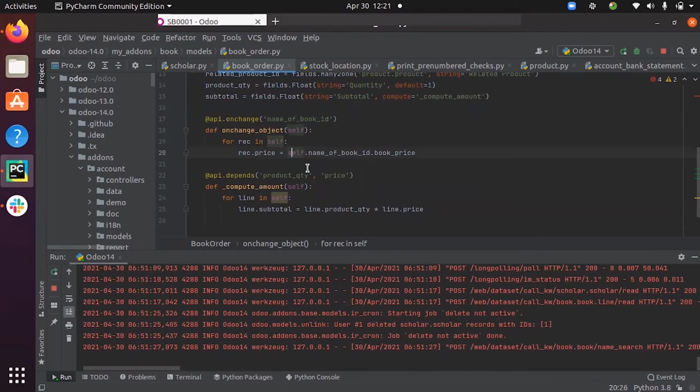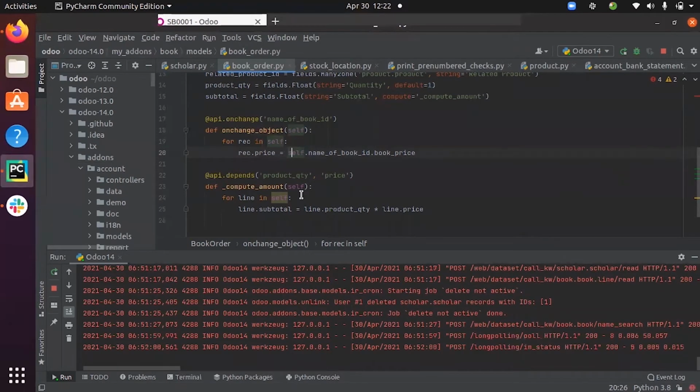Then we have the @api.depends decorator. This decorator is used to compute a field's value. That is, if a compute function value depends on another field, then it must be specified using depends. Here you can see @api.depends, where I have provided the fields product quantity and price. In this example, the field subtotal depends on these two fields. I have defined a function, compute amount, that is used to compute the subtotal.